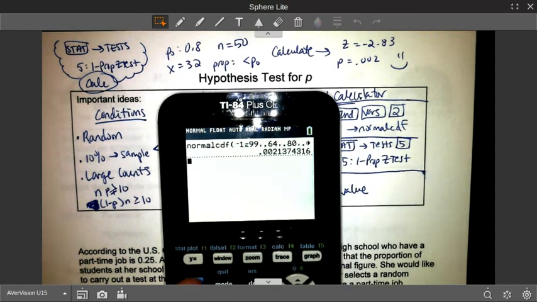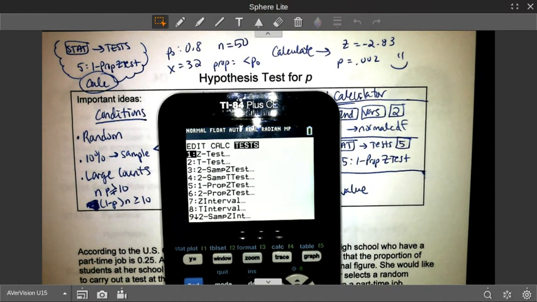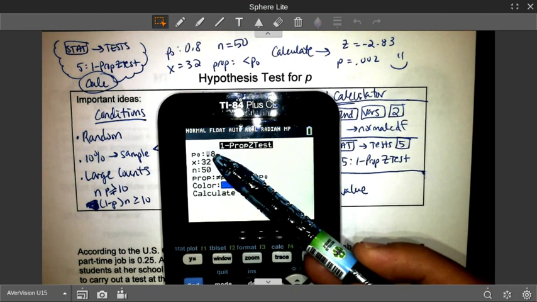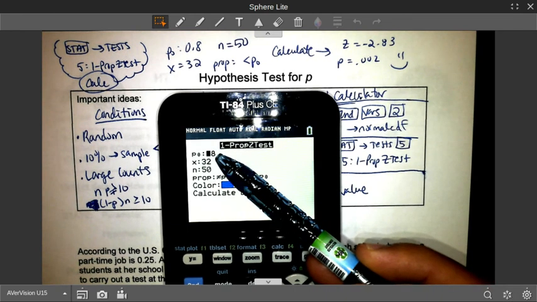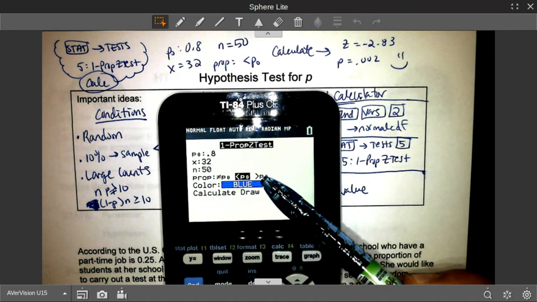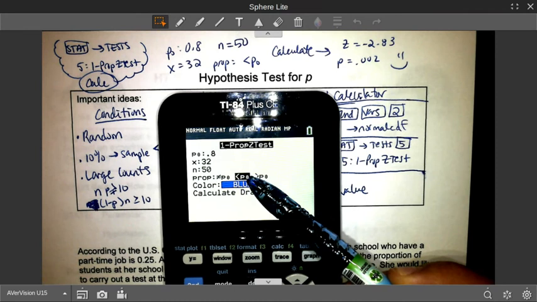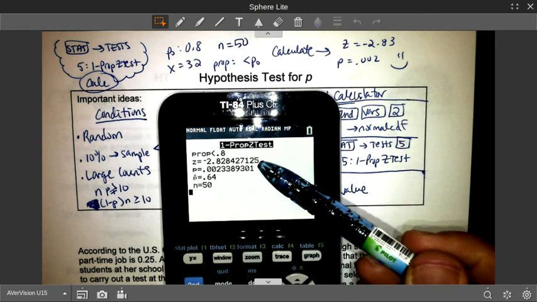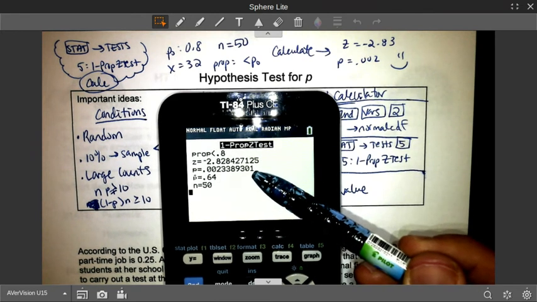So we can go to stat over to test number 5. We have our p sub 0, that's our true proportion of 0.8 that we're assuming is correct. She made 32 out of 50 shots, and we're testing to see if her percentage is less than that. And we go to calculate, and it tells us approximately the same z-score we had, and definitely the same